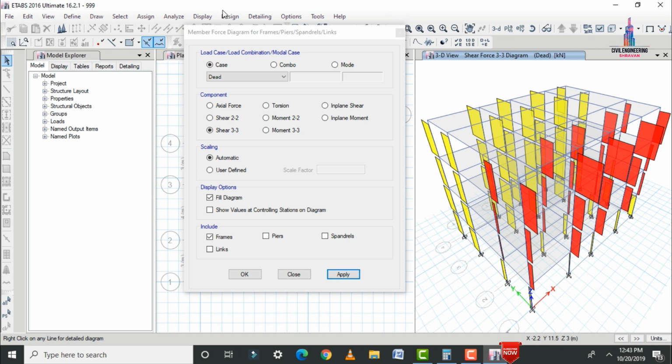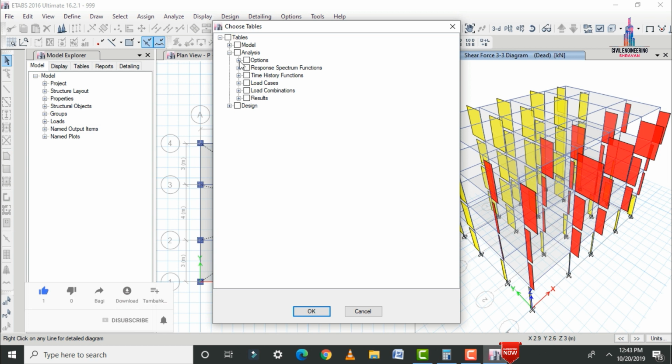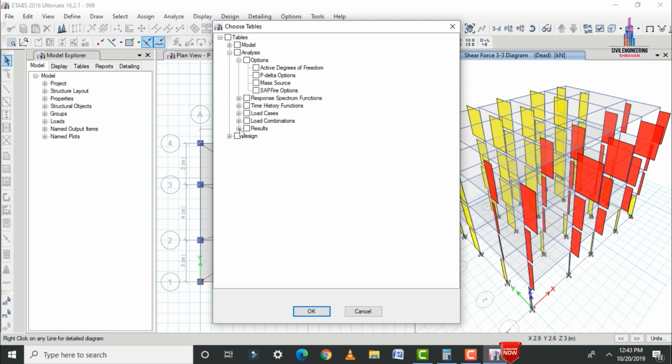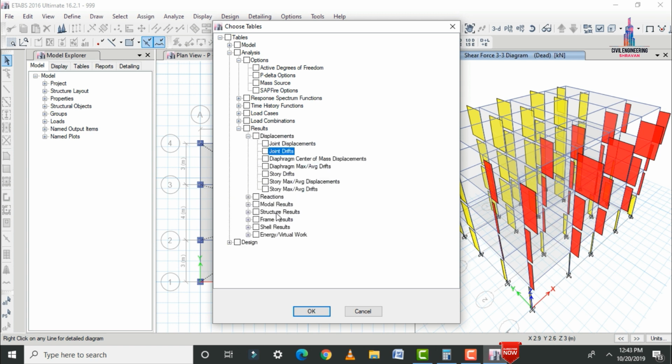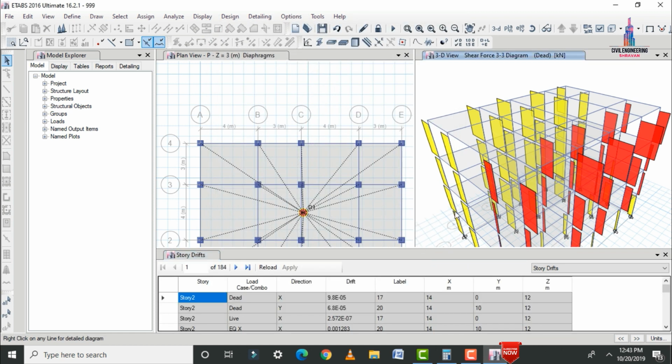After that we have to load the Excel sheets from the deflection and shear point of view for this building. For that go to Display. Here we have to select the Show Tables option. In this you can select the options as per your considerations of your respective load cases. Here I am selecting Load Case Results, which comes under deflection, joint displacement; otherwise you can select your story drift, and structural results, which comes under your story forces. Let us consider this. Click on OK. So it will load your output file with some values related to the drift values and story forces values for this structure like this.